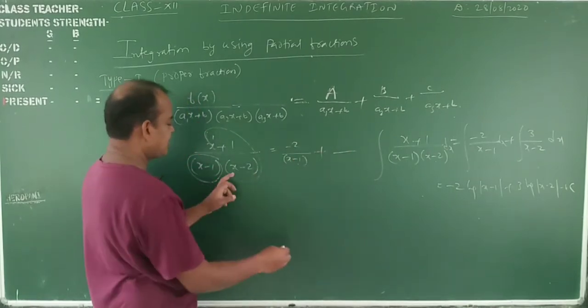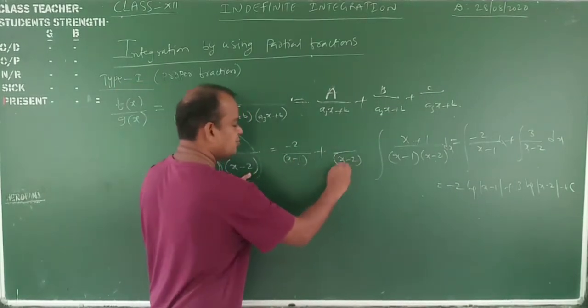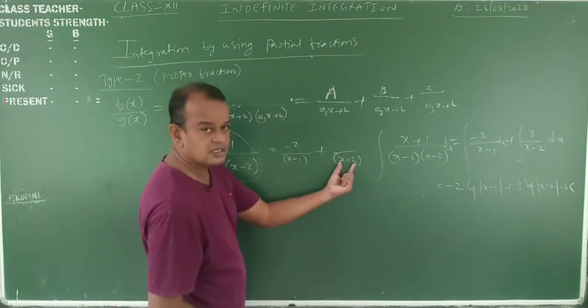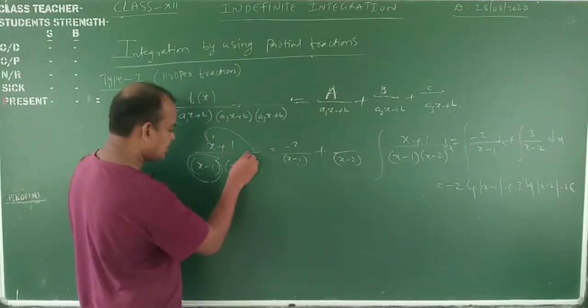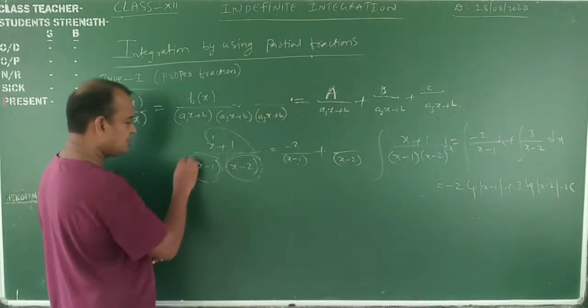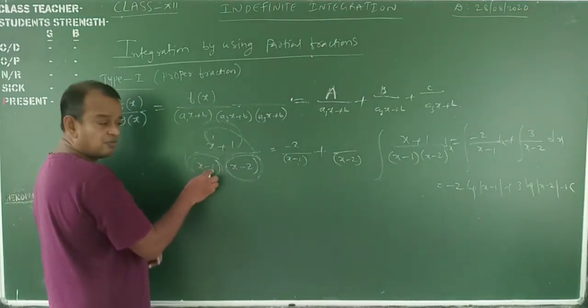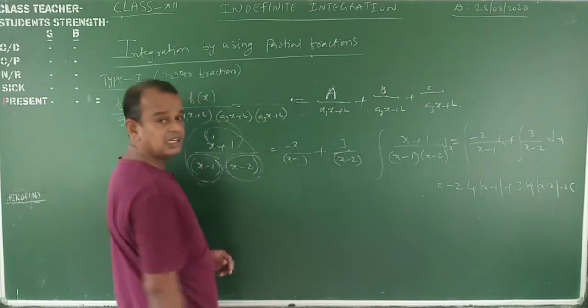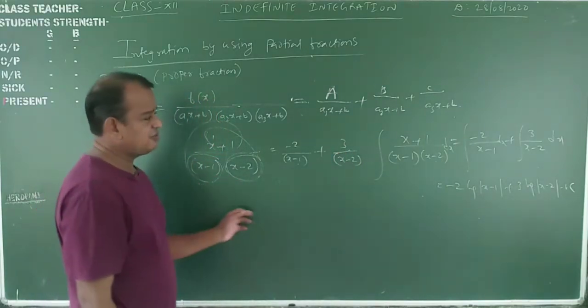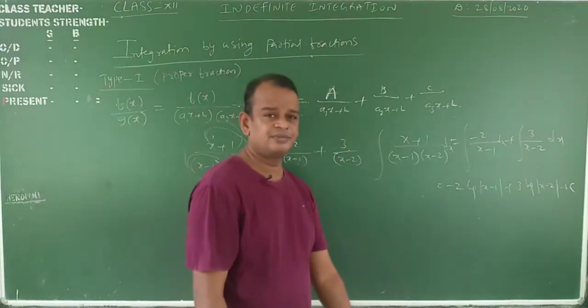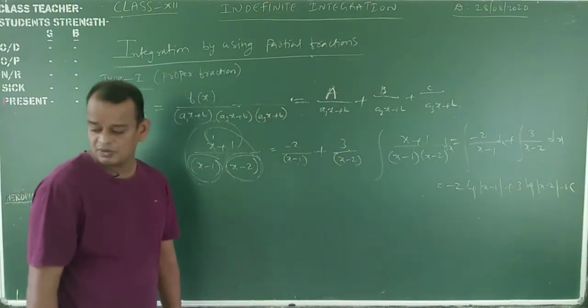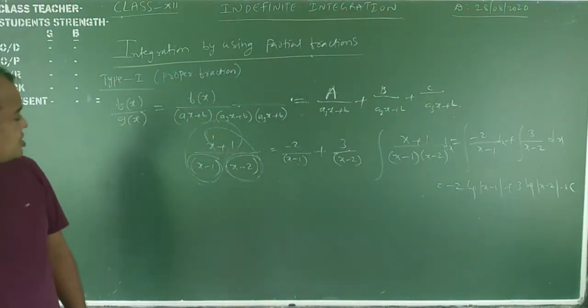Now write the second factor, that is x minus 2. Here whenever it is 0, x is equal to 2. Substitute x equal to 2 in the other factor, means here: 2 plus 1, 3 by 2 minus 1, 1, that is 3. Directly we will get the answers. Otherwise we will do in this way, no problem at all. Understood? Okay. Next, this is type 1.